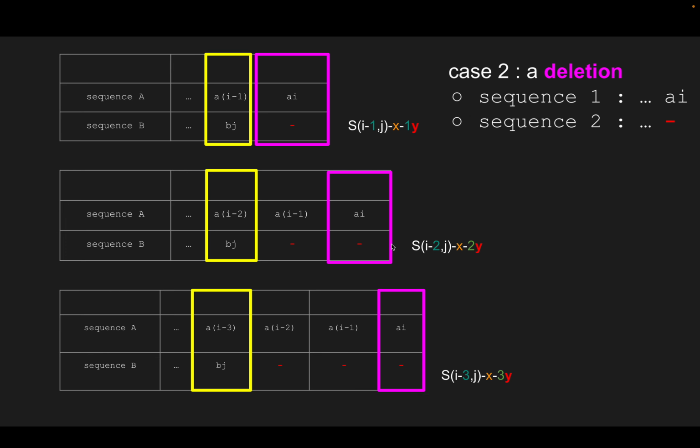So we can calculate the scoring for each alignment. For this one, the scoring scheme will be